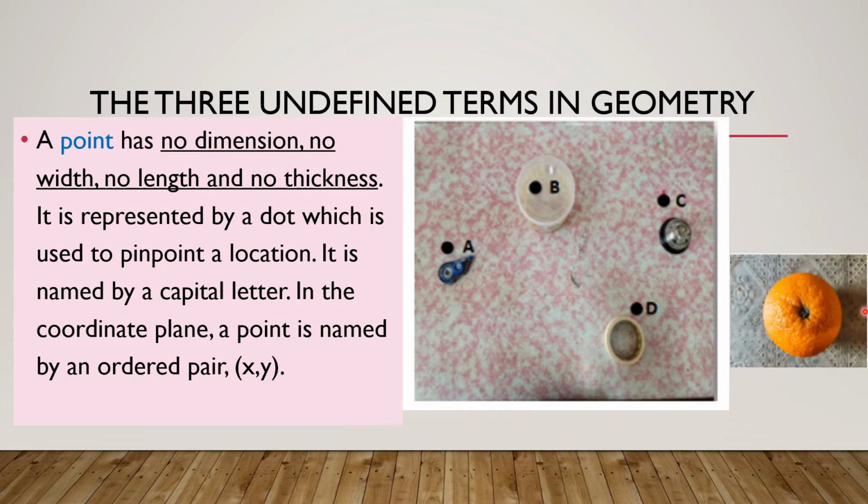And then look at this. This is our previous example, as we discussed a while ago. We have an orange, and as you can see here, there is a dot. That is an example of a point also. A, B, C, and D are examples of points. It can be named point A, point B, point C, point D. And the point is a very important concept.